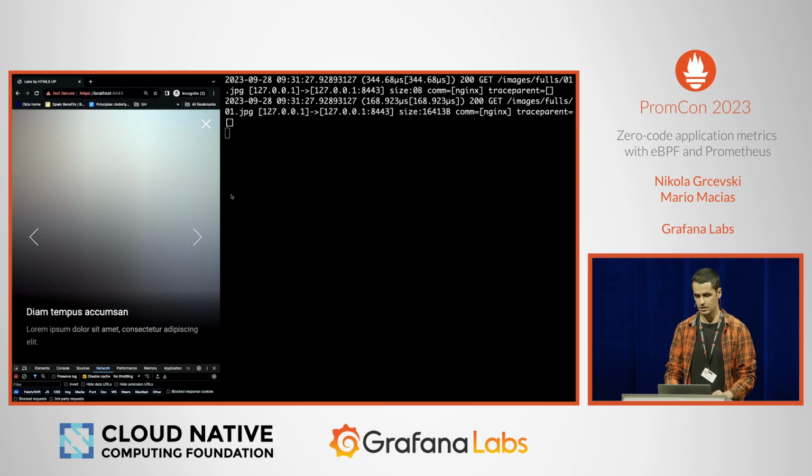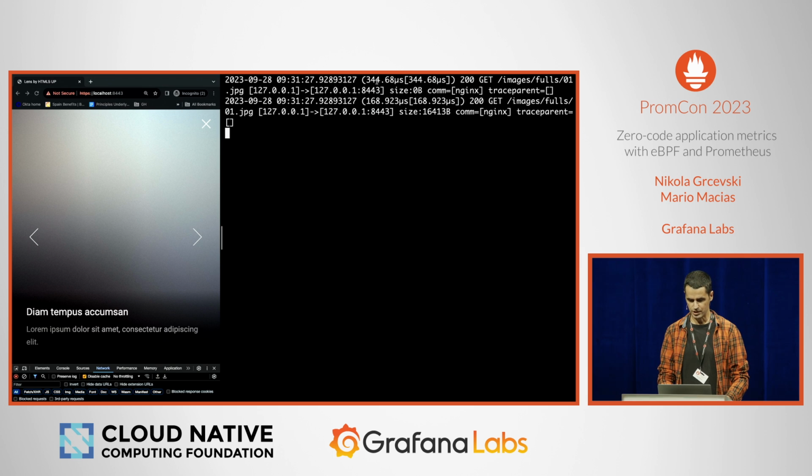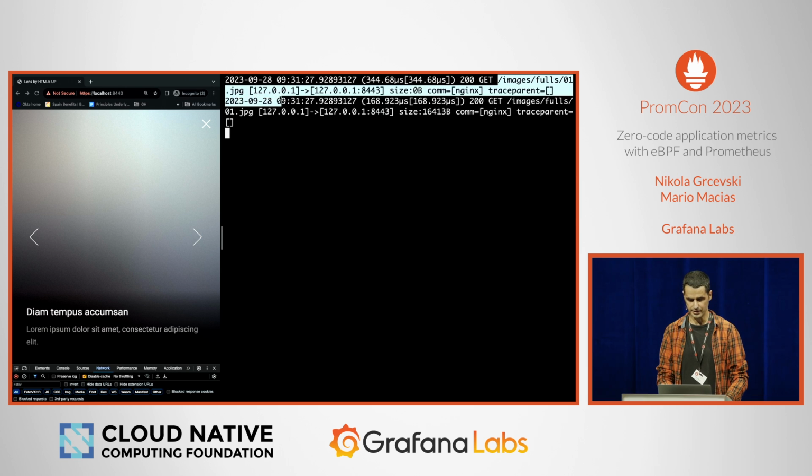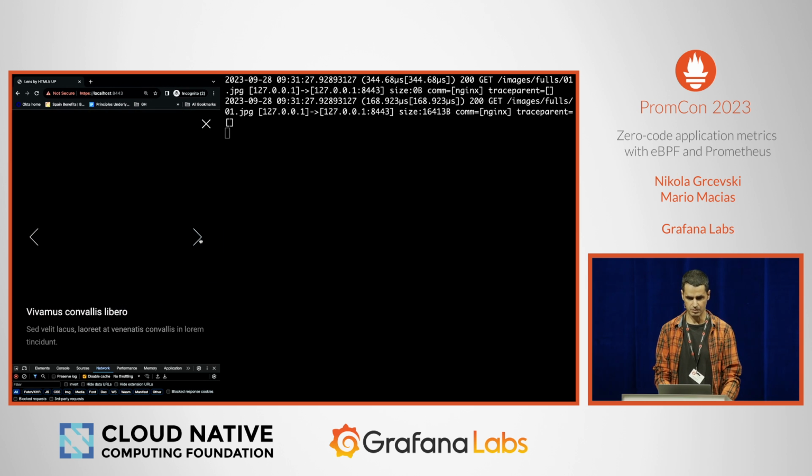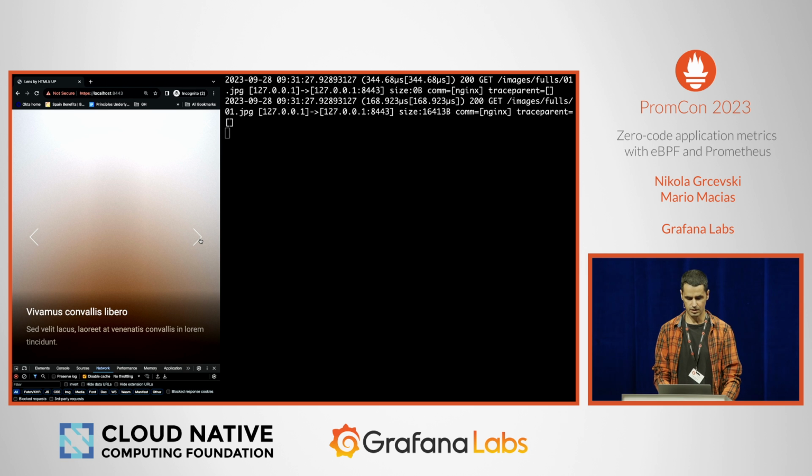Okay, you can see here it printed 2 traces. You can see, for example, the duration of the trace. This is the return code, the method. This is the path, and then the source and the destination. You can see also, if it were a post request, you will see also the size of the request, and here you can see the executable that is doing it. So let me just play a bit more with it, and we should see